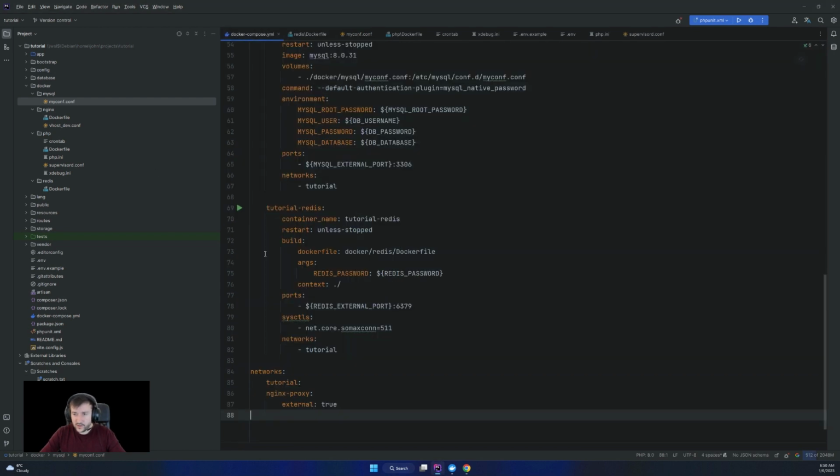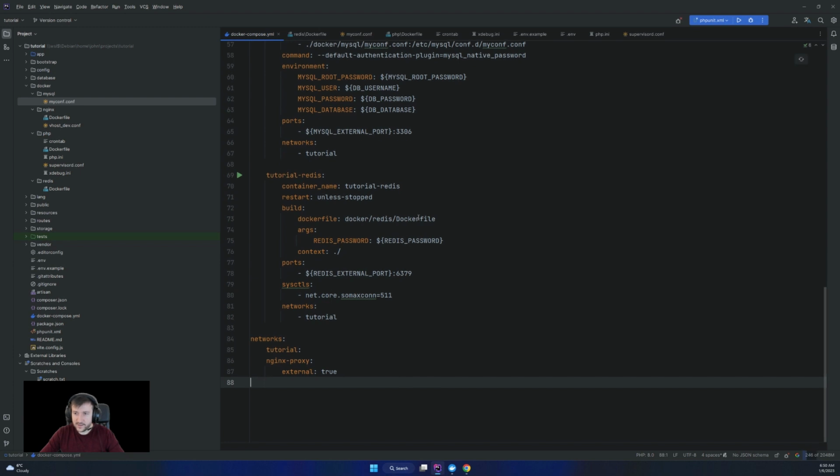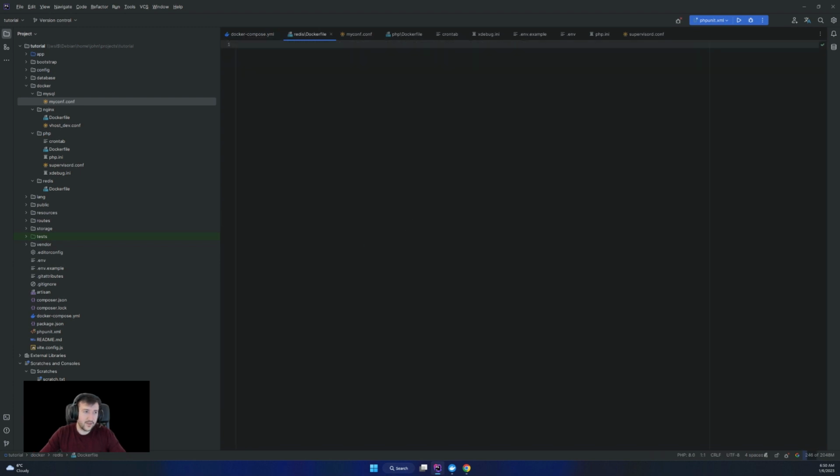And then for the last bit, it's the Redis Dockerfile. And for the Redis Dockerfile, it's quite simple. We're gonna start from Redis. Let me make it bigger.